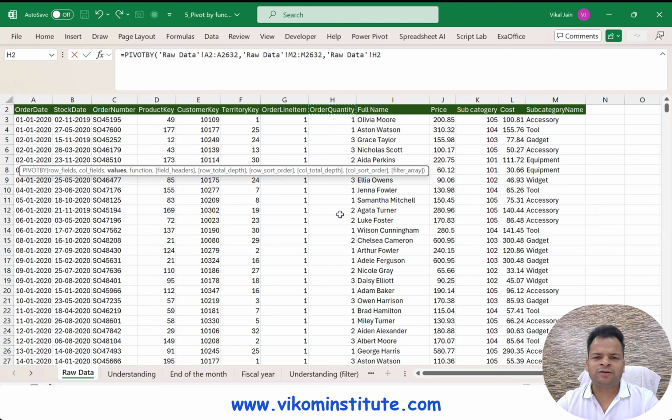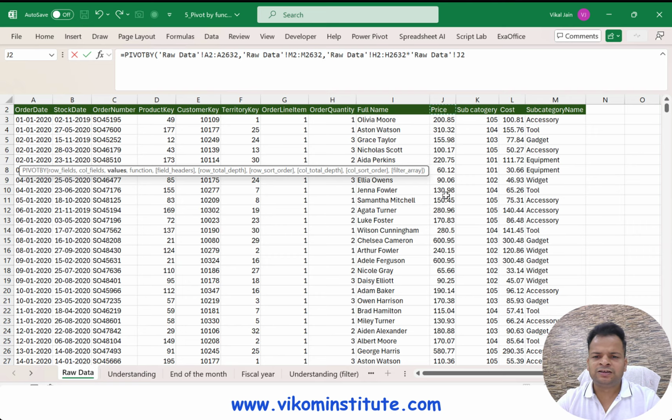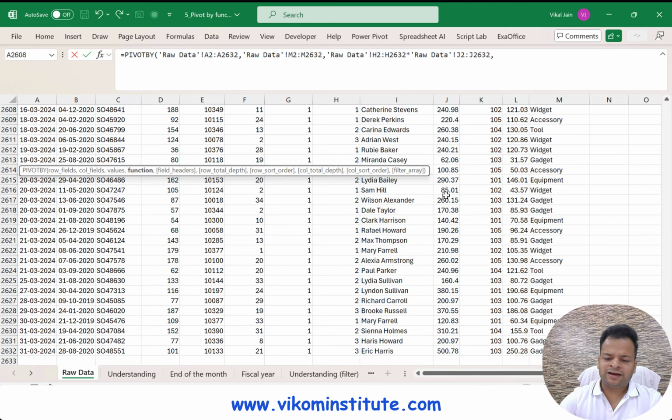So I am taking order quantity multiplied by sales, and here I'm going to use SUM. This time I'm using a formula in my values. So we are not dependent on anything when we are using PIVOTBY. When we are dealing with a pivot table, we are totally dependent on pivot table functions and operations.